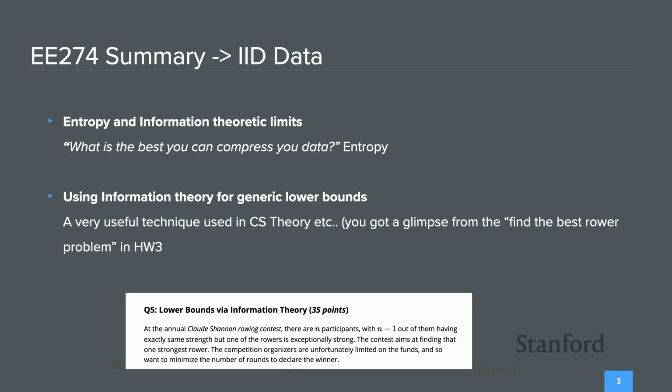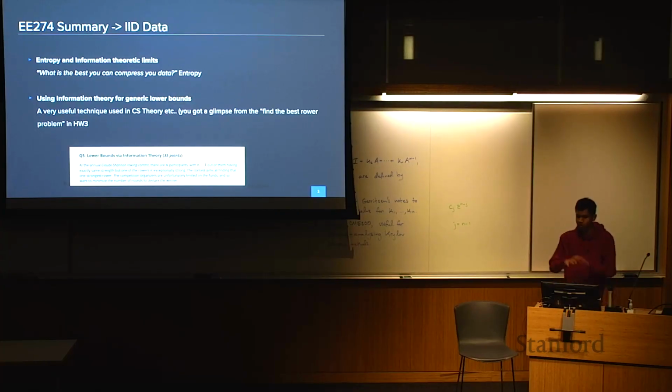And not only that, some of the tools from information theory are used beyond just information theory. If you remember the fundamental result for lossless compression, we showed that no compressor in the world can do better than entropy. It's a very strong result. It's non-trivial to prove results where any algorithm in the world cannot do better than something, right? And it's used in various places. You're actually getting a glimpse of it in the find-the-best-rower problem this year in homework 4, right? So,